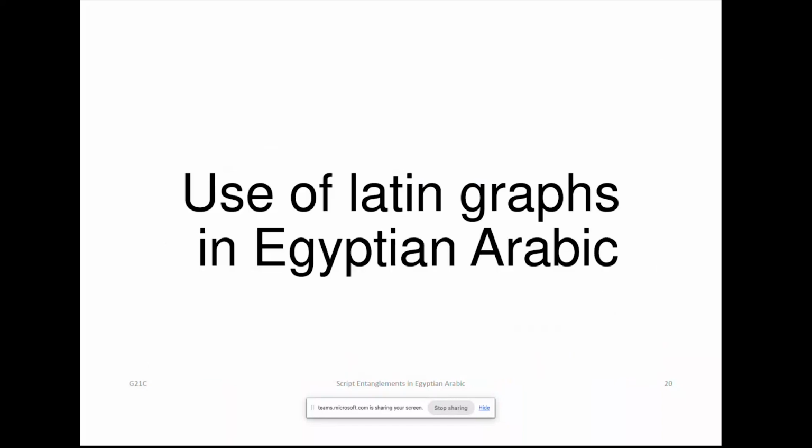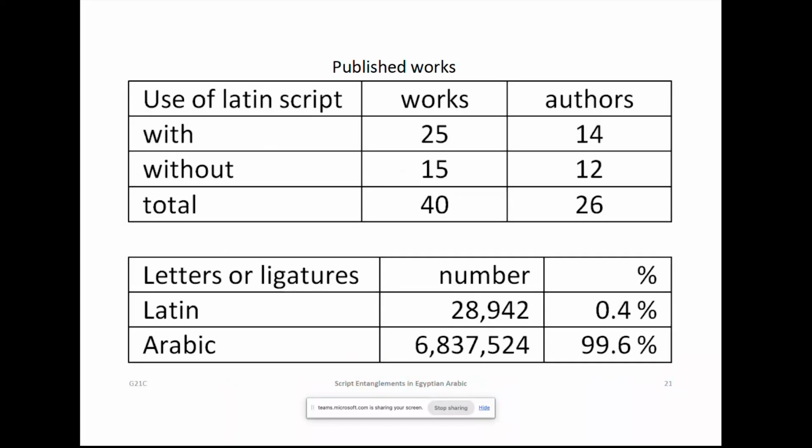Another phenomenon of entanglements is the use of words or phrases in Latin script within the Arabic text. In the corpus of 40 published works, compared to more than 6.8 million Arabic letters or ligatures, there are hardly 30,000 Latin letters, representing 0.4% of the total. The use of these Latin characters is therefore exceptional, but remains a rather conspicuous phenomenon as it implies a change